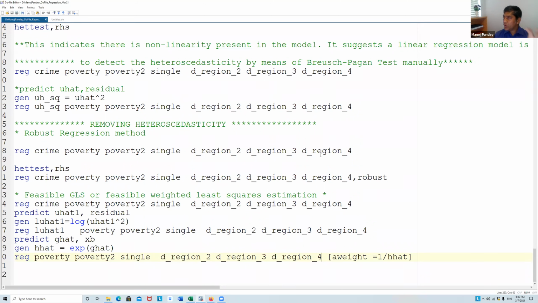Then we looked into the zero correlation assumption. We looked into the multicollinearity test. We did heteroscedasticity test. We did omitted variable test. We did link test, which is basically model specification. We did normality test. And then we also looked into, if there is heteroscedasticity, you can do a regression with robust errors, or you can move into feasible GLS, which is generalized least squares, or feasible weighted least squares estimation.